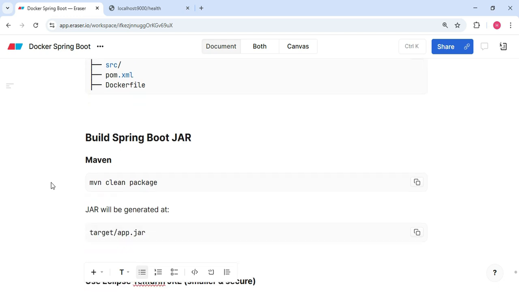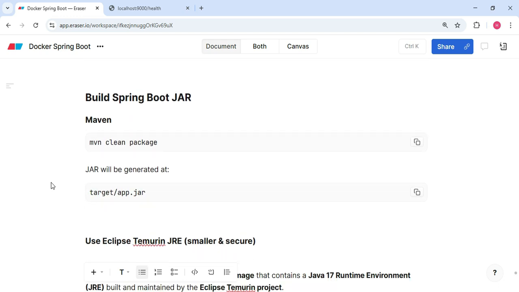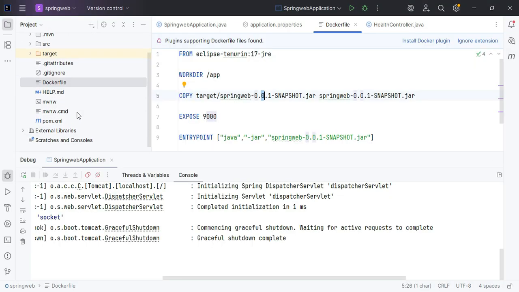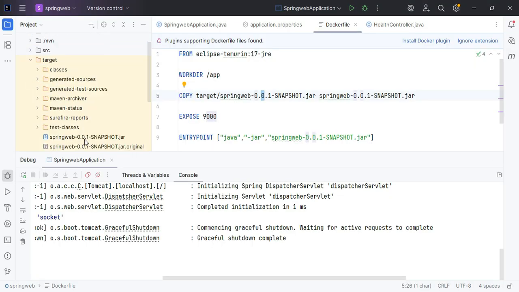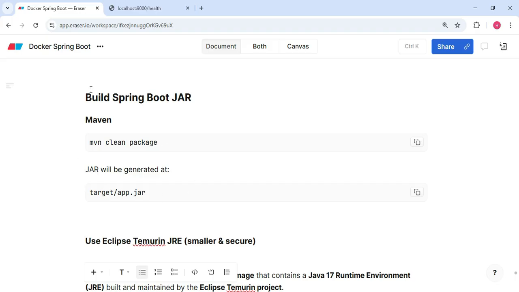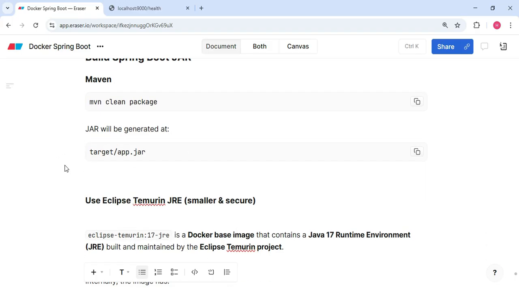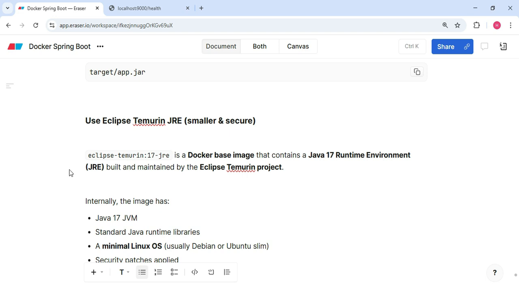As I mentioned, to build a Spring Boot jar using a Maven command, we use Maven clean package. We can run this command and get the Spring Boot jar. In our case, the jar name is something different in the target folder. It is like Spring Web snapshot jar. So this is how we can get the jar, and then we have to write in a Dockerfile